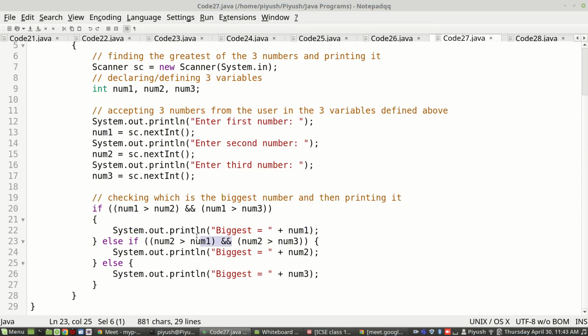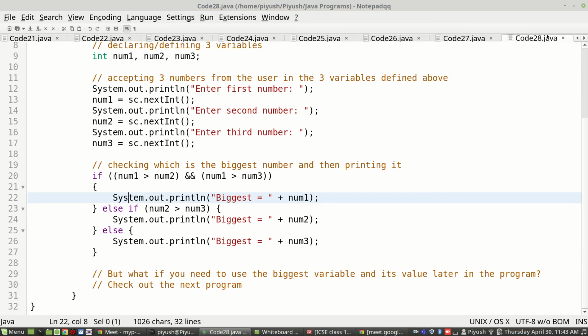not necessary to mention, though if you mention it is not wrong, but it is not necessary to mention because it is obvious num3 is biggest if it reaches here, because had num1 been the biggest it would have become true here only and it would have printed and it would have never come to this condition. So it is obvious num1 is not the biggest, either the num2 or the num3 is biggest, so we only need to compare them. That is what we did here, and the rest of the program remains the same.